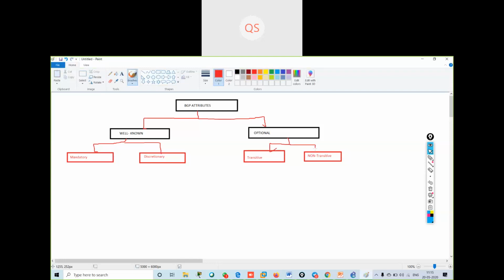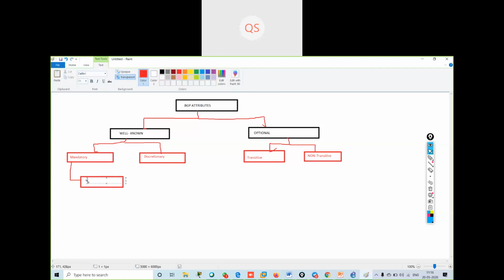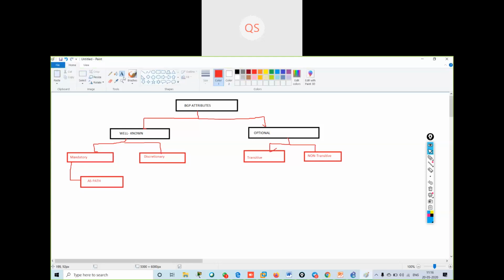Now if I go inside mandatory, I have some attributes. The first one is AS path, autonomous system path.